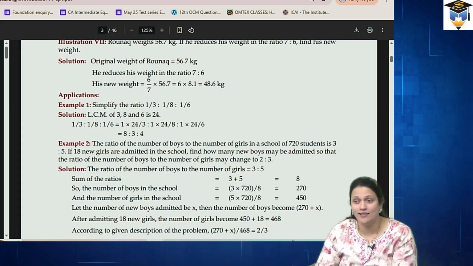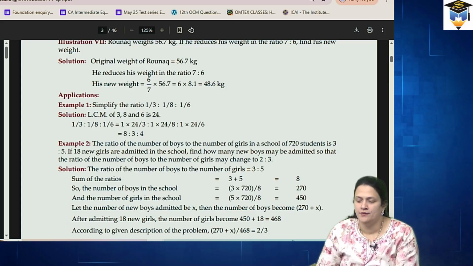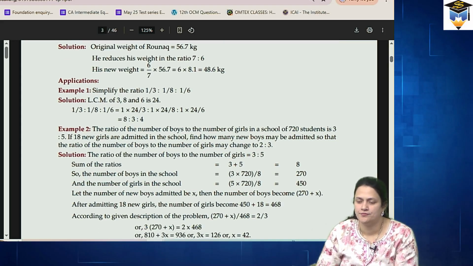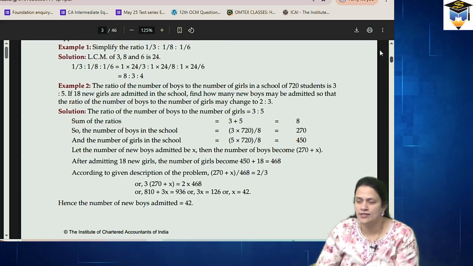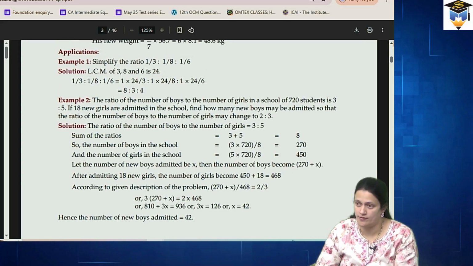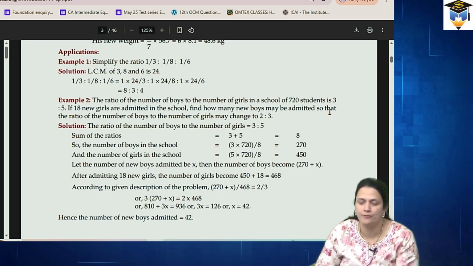If you want, please write this down as well, because these are different things which you have to remember while solving. In this way you can form your own notes. That is important, because later on you are going to forget it. So if you form notes right now, it will become very easy for you to remember.